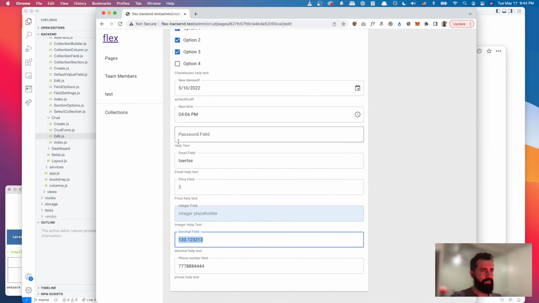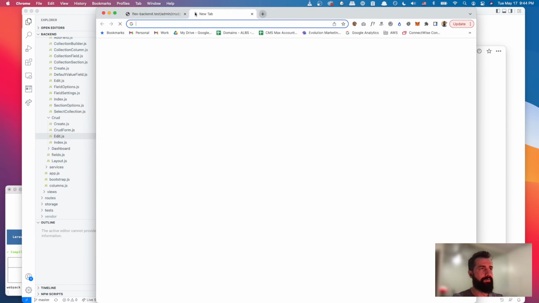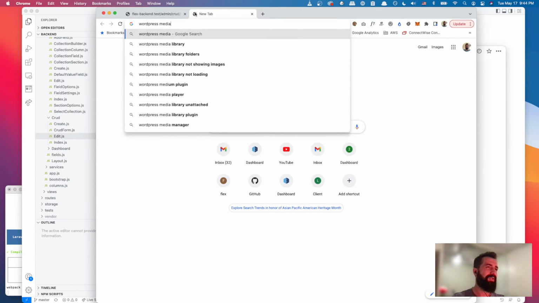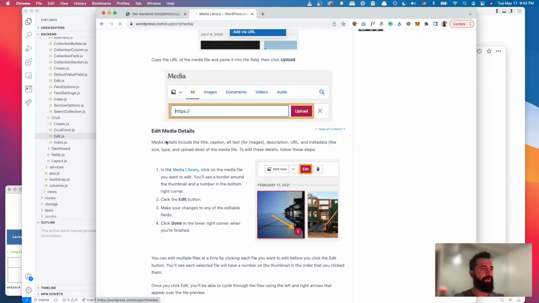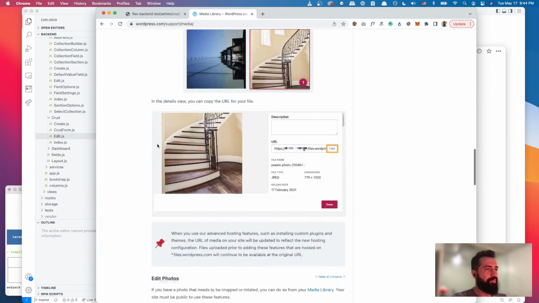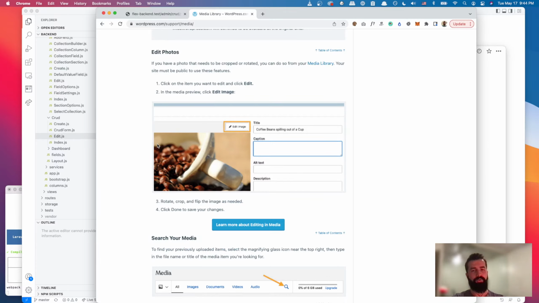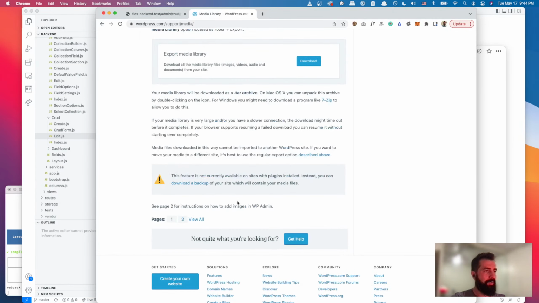And just to give some context, my initial thought when I was scoping out this first version: if you look at other standard CMS systems, they'll have a media manager. If you look at WordPress, for example, they have a media library, which is a central place that manages all your media. So you can go to this media library, see all your files, update, edit, delete, and WordPress even has additional functionality where you can rotate, crop, flip, whatever. And